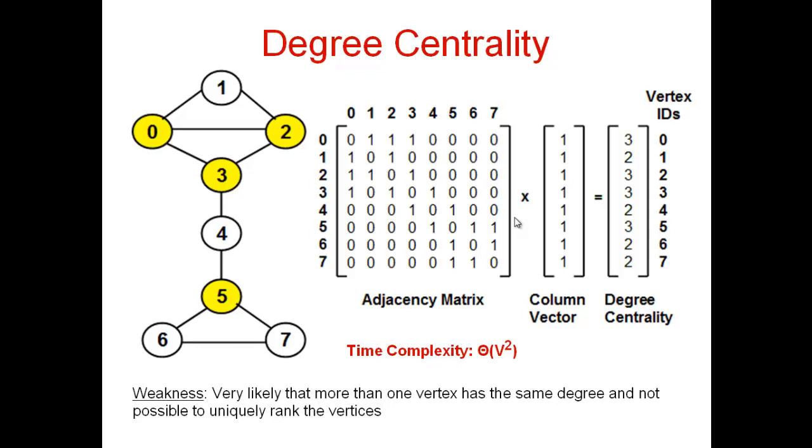For 1, you have an edge to 0 and an edge to 2 and nothing else. So that's 2 ones. For 2, it has an edge to 0, 1 and 3. One thing you have to realize is, this is a symmetric matrix, and the contents of the upper diagonal